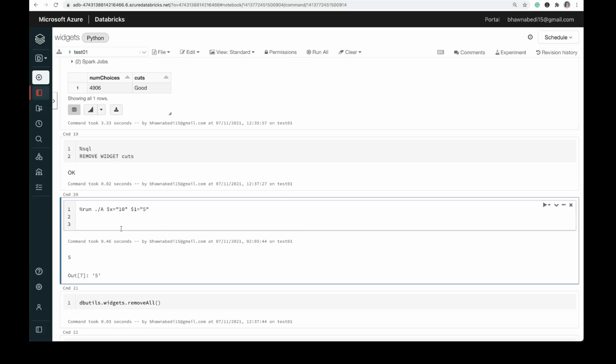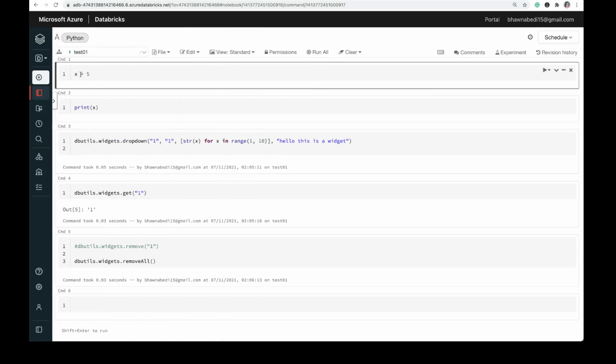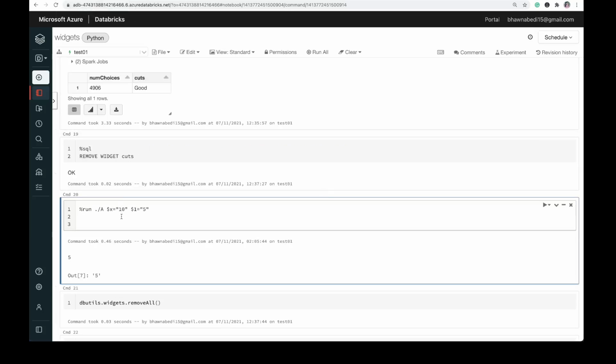Now if I want to run that notebook, but with the parameters that I define, in that case you will define the parameters like this, with the $ sign, the name of the parameter and the value. If I go back to this notebook A, you will see x is 5 over here. But I want to use this x with the value of 10.